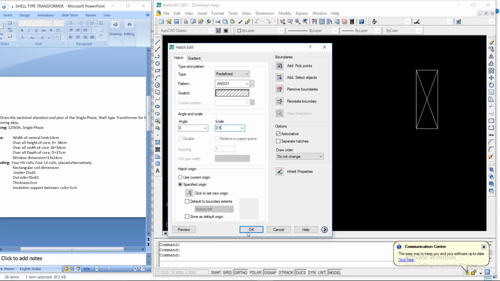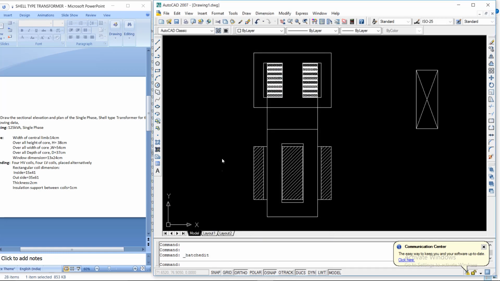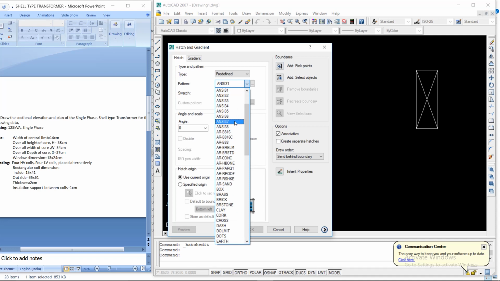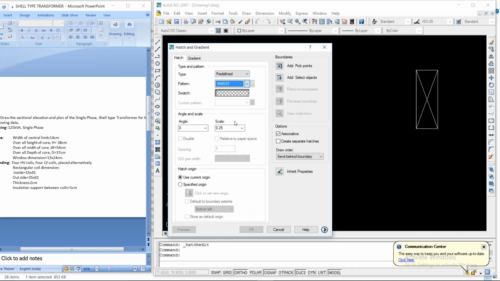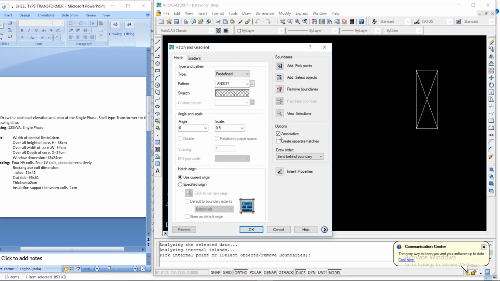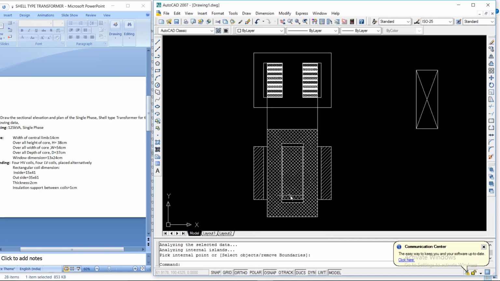Let it be 0.5. Next you have to hatch the coil portion. So let us take NC37.5, add pick points, enter, OK.